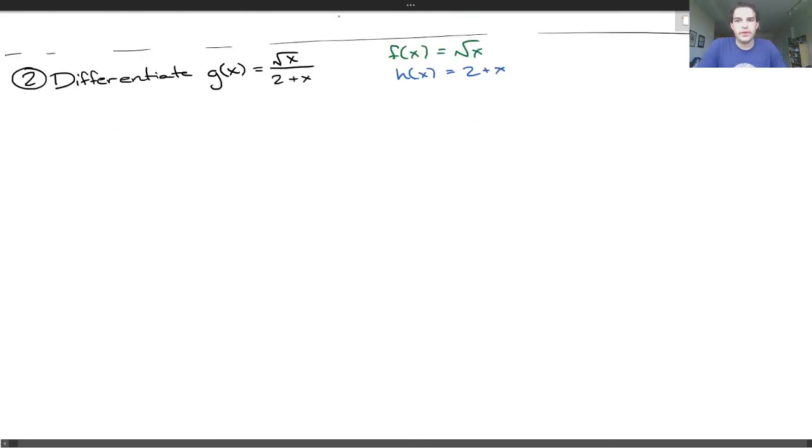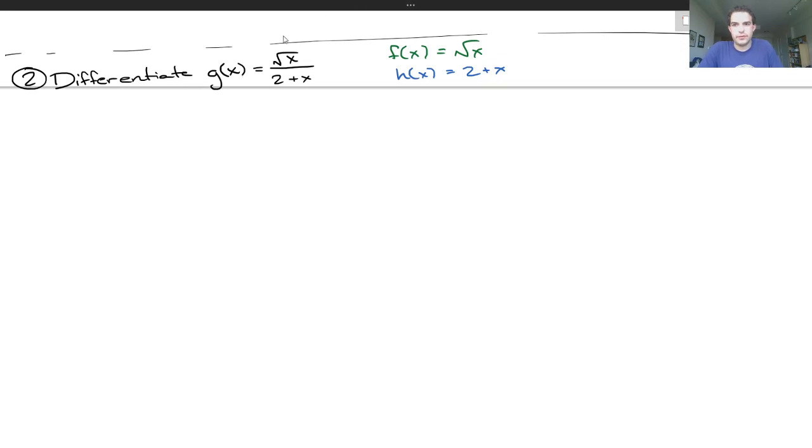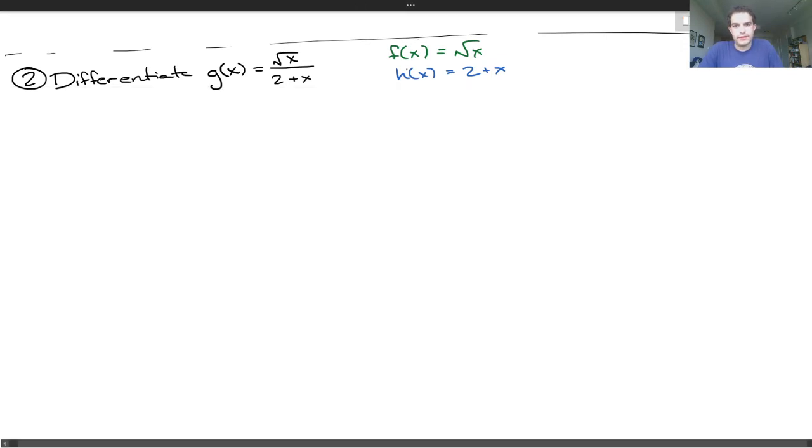And what does the quotient rule say? The quotient rule says if g equals f of x divided by h of x, and h of x isn't 0, then g prime of x is, I remember, bottom d top minus top d bottom over bottom squared. So what does that mean? That's the bottom function times the derivative of the top minus the top function times the derivative of the bottom